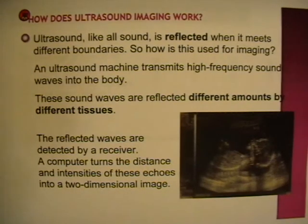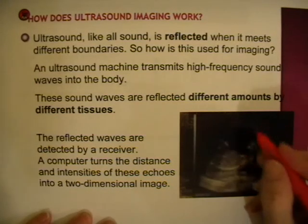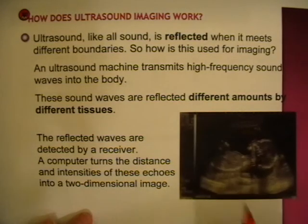How does ultrasonic imaging work? Ultrasound, like all sound, is reflected when it meets different boundaries. So how is this used for imaging? An ultrasound machine transmits high frequency waves, sound waves, into the body. These sound waves then are reflected by different amounts by different tissues. The reflected waves are detected by a receiver, and a computer turns the distance and intensities of these echoes into a 2D image. So this is a two-dimensional image here, and you can see that the bones here, there's the spine and the back of the skull, they are reflecting more sound there, and it gives a whiter image compared